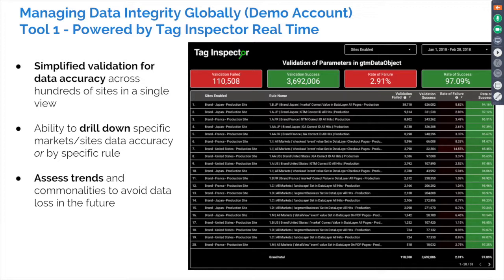So our solution is broken up into two tools, or two main aspects. If you know InfoTrust, you probably have heard of our technology Tag Inspector. And Tag Inspector Real-Time is essentially a way to validate the tracking that happens on your site. The pixels that are firing, your data layer or attributes, and making sure that that remains in place.